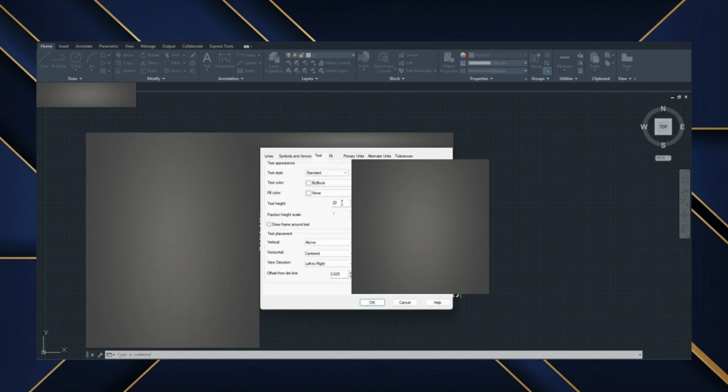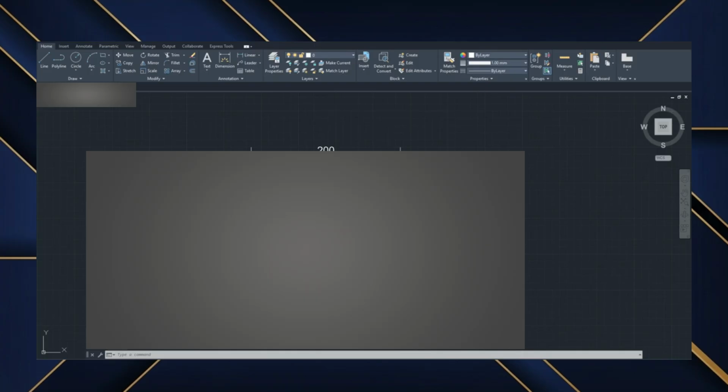Look for the text height setting and enter a new value that better matches the scale and readability requirements of your drawing. After adjusting the value, click OK and apply the changes to see the updated text size instantly. If the text still appears too large or too small, simply repeat the process and experiment with different values until